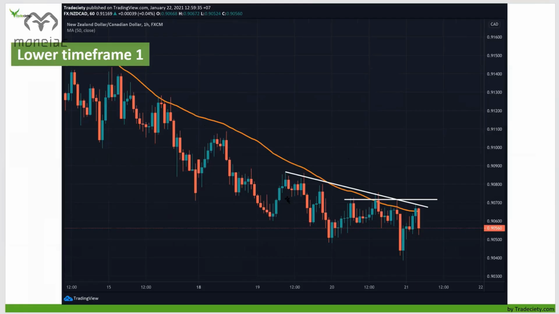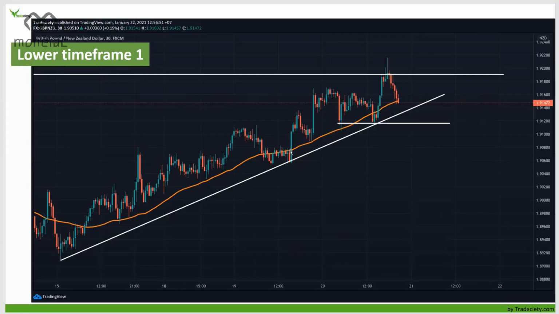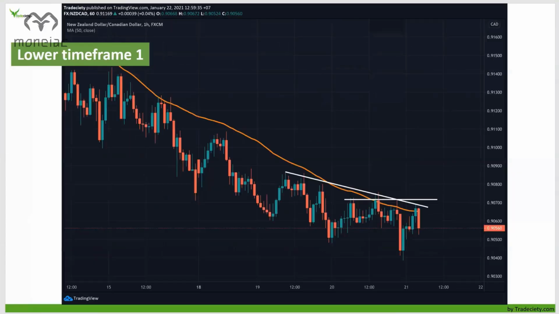That should be avoided, especially when you're using a horizontal level. When you use a trend line like we did here, it is okay to see a few violations of the moving average, but you don't want to see a lot. And especially you don't want to see violations when you use a horizontal pattern. And you can see we have some type of a short-term trend line. We have a resistance level here that has multiple touch points. We already have, if the market turns around, something that looks like an inverse head and shoulders with